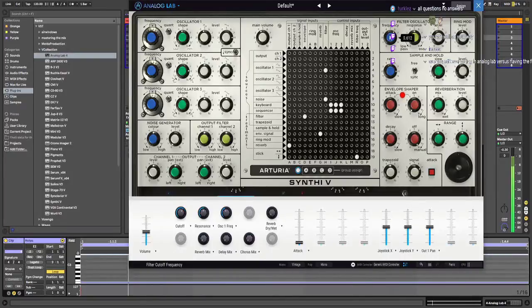I'm not sure how much Analog Lab costs on its own, but I'm a sucker for a deal, and I was like, oh man, take my money. I've been saving up some money. I was gonna buy a sound system, but then all this shit happened, so I was like, oh man, I can't